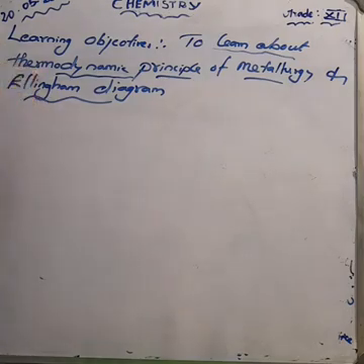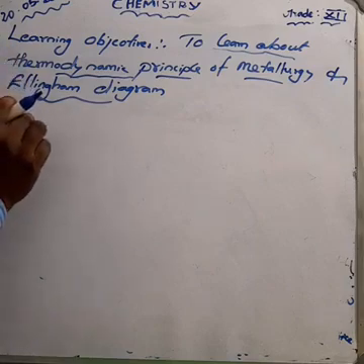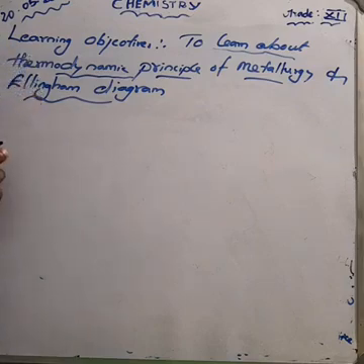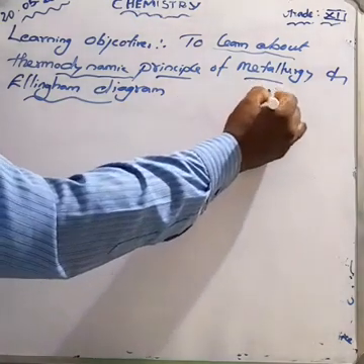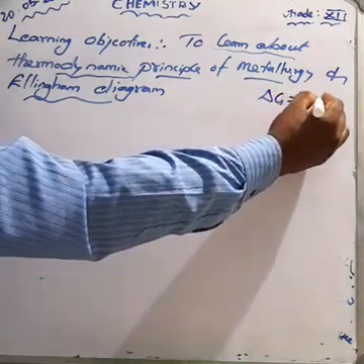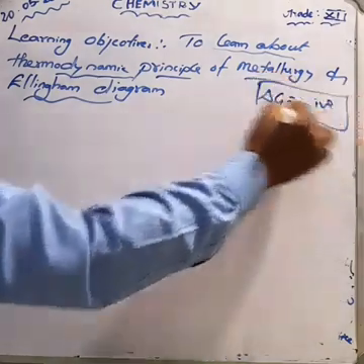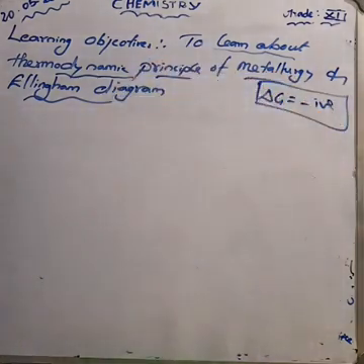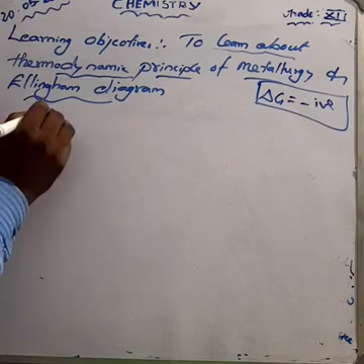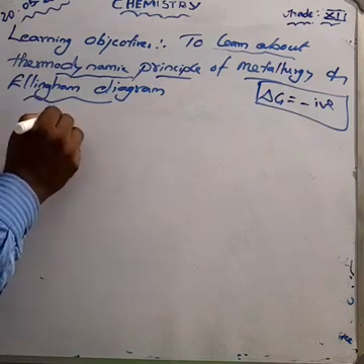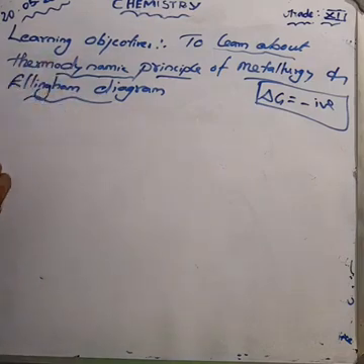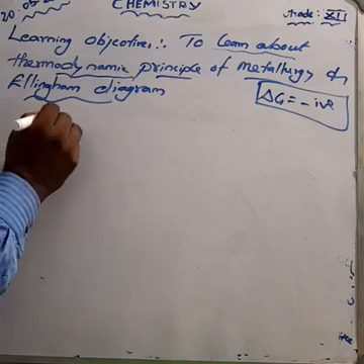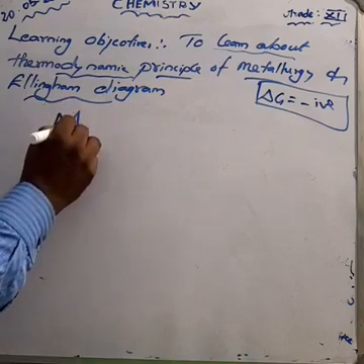And also one more point is the delta G. What is the delta G? That is a change in free energy, whose value must be negative, a high negative value. Okay, that you have to find out. For that, let us consider the reduction of a metal oxide. How does the metal oxide undergo reduction? I am writing the equation. One of the metal oxides, we can write as MxOy,